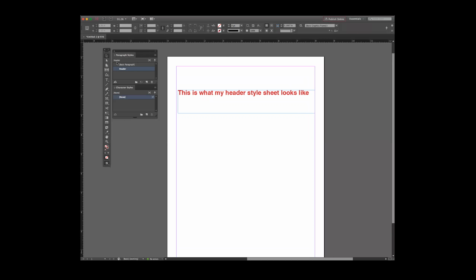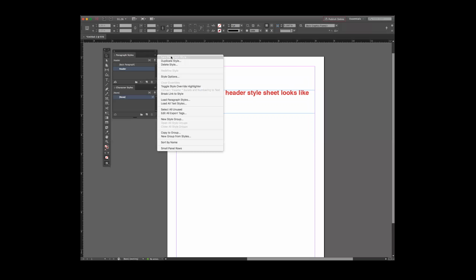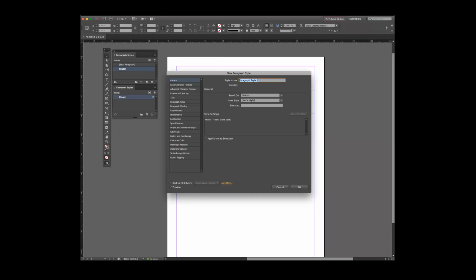You can even make another one. I'll add another one. Let's go to create new style, or you can click on this part, create new paragraph style. And this one, I'll do body text. And then I'm not going to base it on anything, so no paragraph style. It's not based on anything, but I will do basic character formats. And in this case, let's change it to something sans serif, like Times New Roman for contrast. I'll keep it